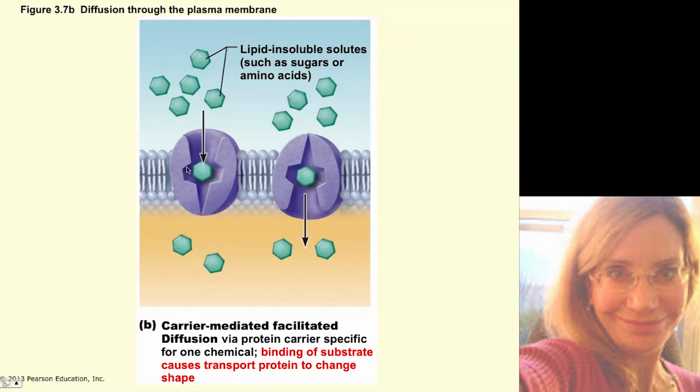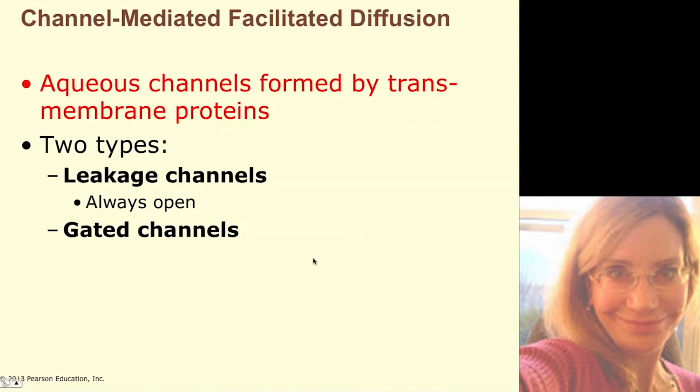So this carrier protein will bind the substrate, we call this a substrate, and then it will transport it to the other side of the cell membrane. Channel-mediated facilitated diffusion. A channel is just what it sounds like. It's a little passageway. There are actually aqueous or watery channels that are formed by transmembrane proteins. There's two major types of channels. There's leakage channels that are always open,